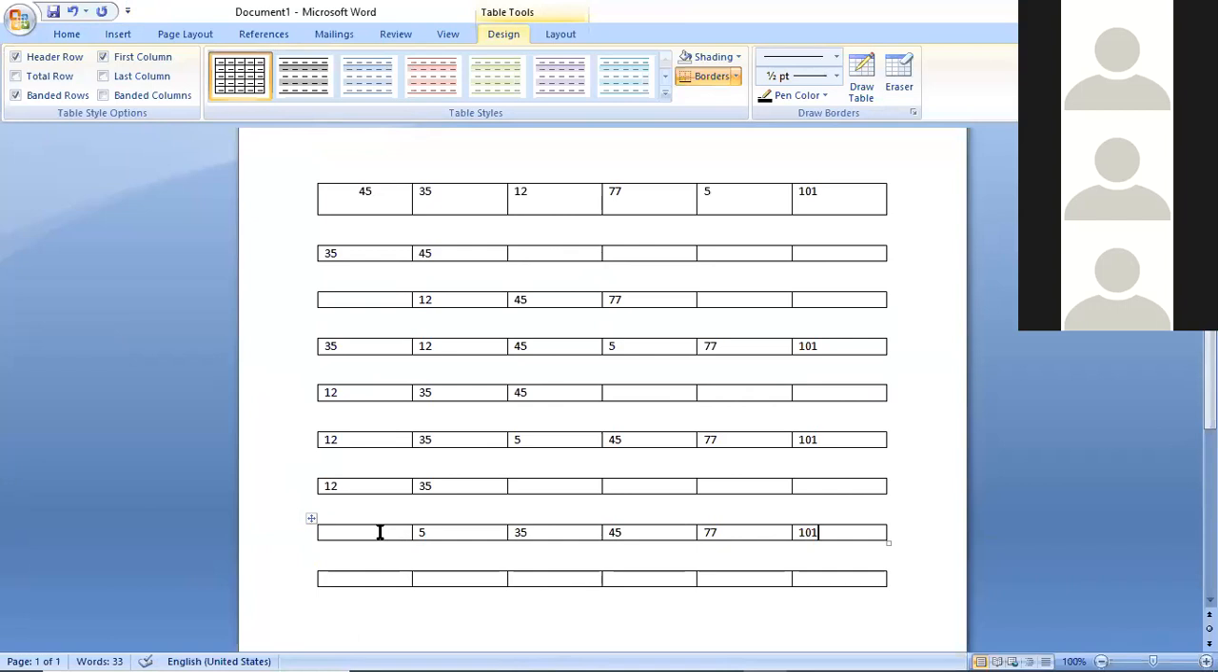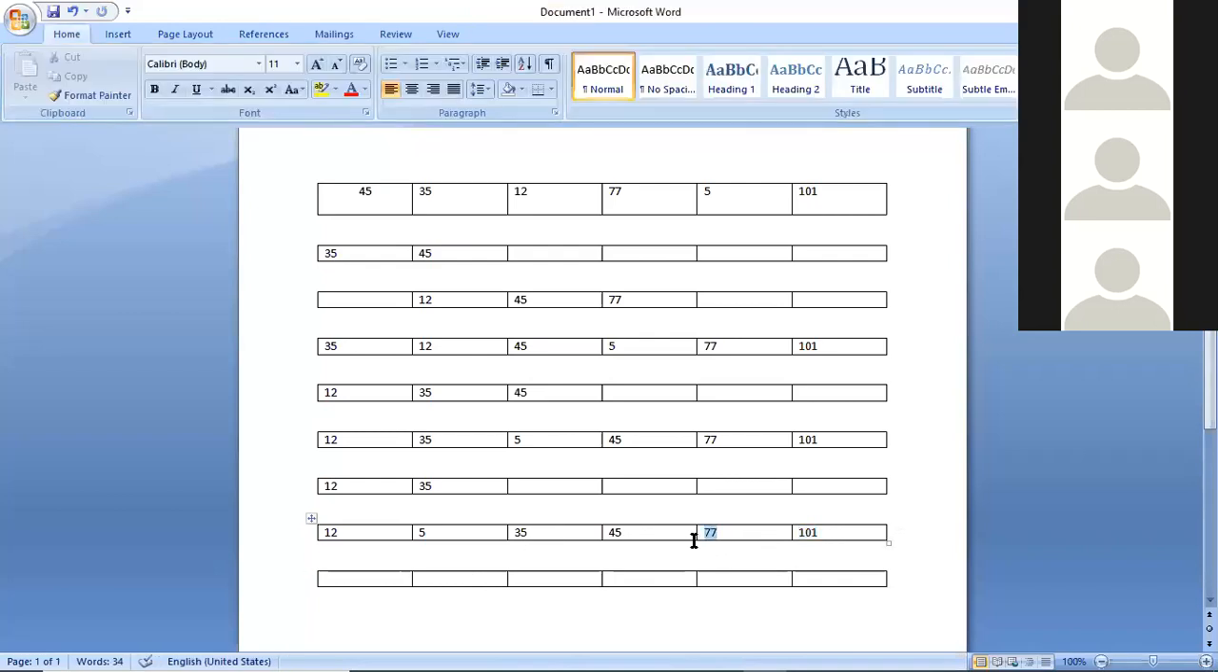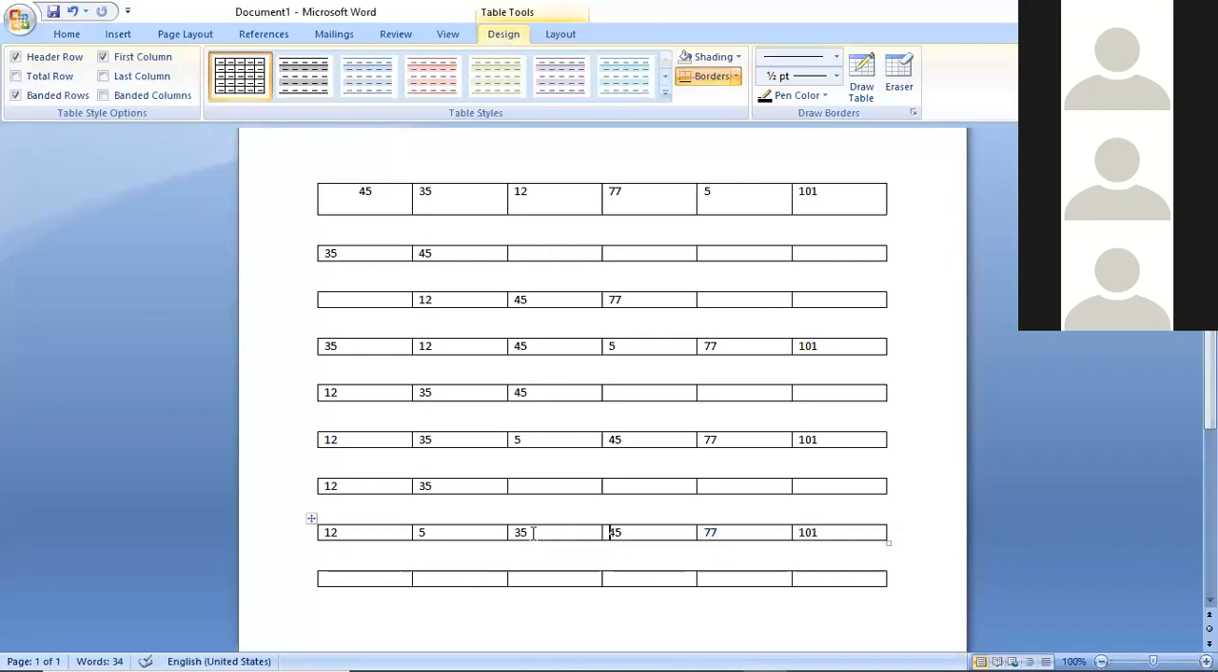Now just check whether 35 is in its right position or not. Yes, sir. So all these four elements are sorted. What is the aim or purpose of doing this? We are always positioning the maximum number in its right position. That's what we are doing. In the first phase we placed 101, in the second phase 77, in the third phase 45, and in the fourth phase